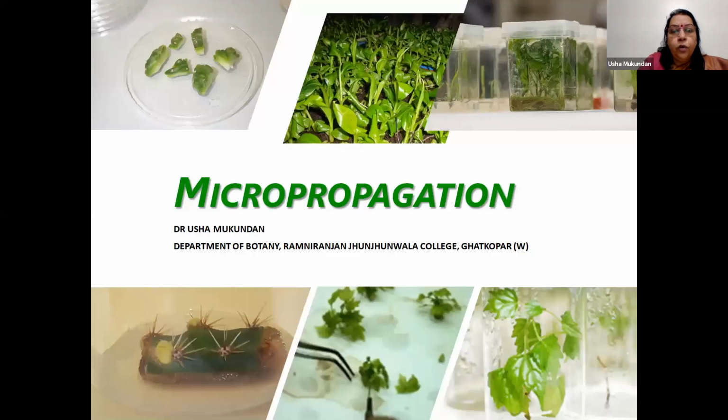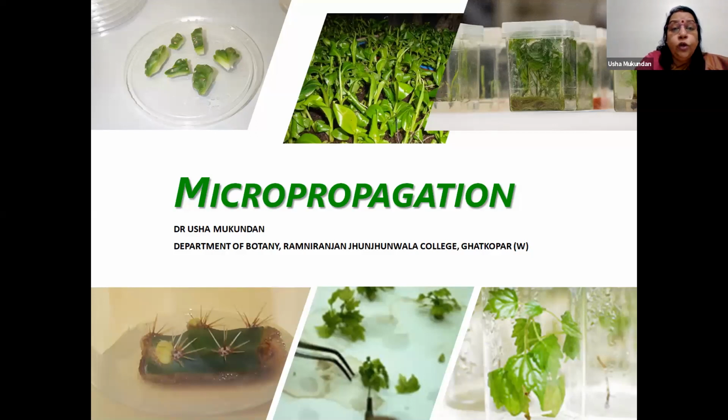All right. So last time we have studied about what are the requirements for setting up a plant tissue culture lab and the prerequisites which are essential. Today we are going to talk about the technique of mass propagating plants in vitro, that means using a synthetic medium and away from the entire plant. In vivo means within the plant and in vitro means in any container which is a sterile container.